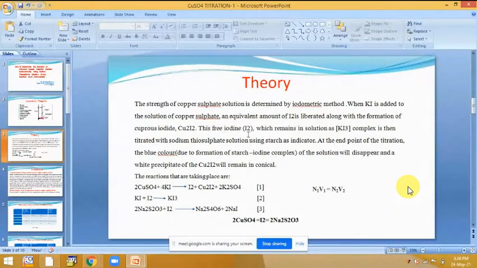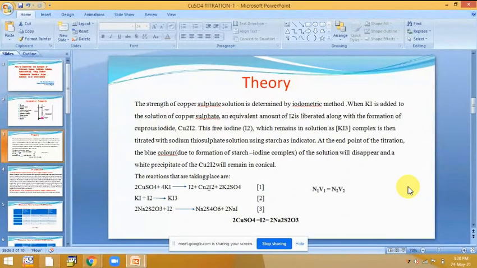When KI solution is added to the copper sulfate, the iodine will be liberated with the formation of Cu2I2, that is Cu plus iodide, for which the solution color will be brown. Then this free iodine, see the reaction below. First this KI will react with copper sulfate and will form free iodine,